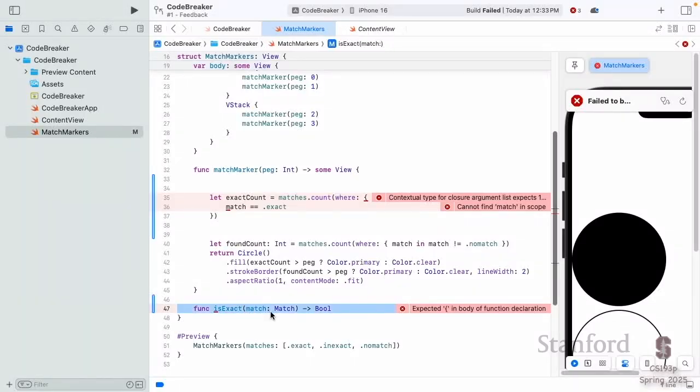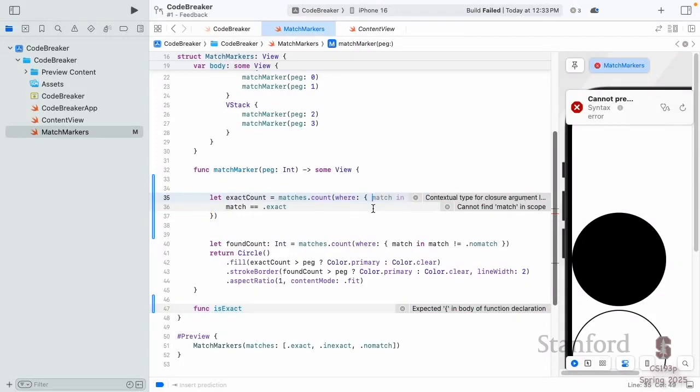This is what I did for VStack, when I had the VStack that had greetings, remember all that business? But there was a little difference there. That function had no arguments, but this function does have an argument. It has that match argument right there. So when we inline a function like that, we don't just copy and paste the curly braces. We take this part, which is the types of the arguments and the returns. We cut that, and we put that inside these curly braces. It was outside when it was the function isExact, but now it's inside, and we separate it from the code